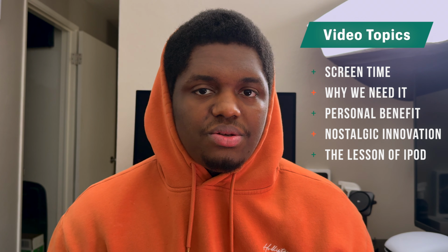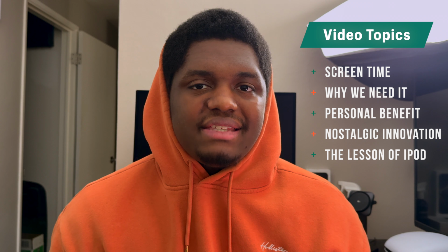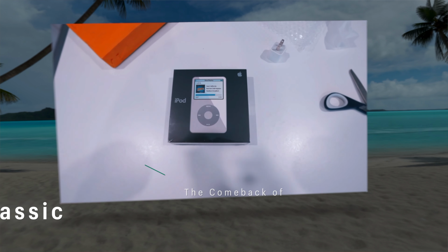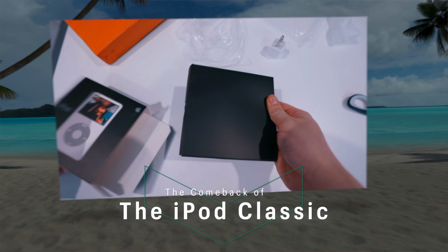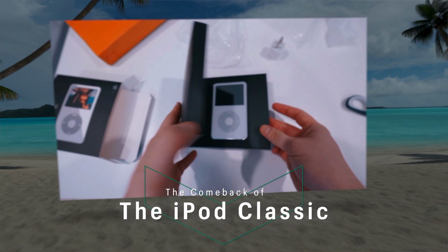Okay, with screen time dominating our lives, it's been increasingly important to disconnect. And Apple has taken a unique approach itself to try to manage our screen time, but there's something right under their noses that they need to implement. So, what's the solution, you may ask? And that is the revival of the iPod Classic. This product redefined how we listened to music back then, and it can redefine how we manage our screen time